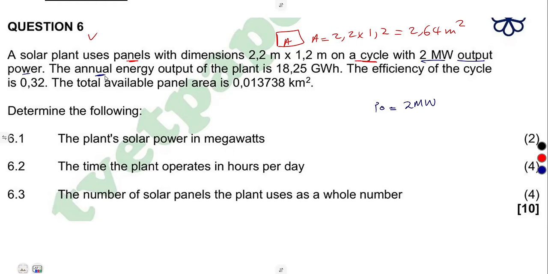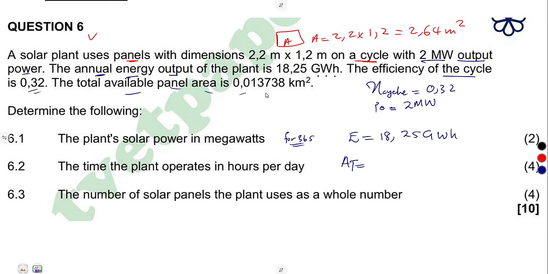The annual energy output of the plant is given in gigawatt hour, for 365 days. The annual is given as 18,25 gigawatt hour. The efficiency of the cycle is given. So remember, we've got the power for that cycle, and we also have the efficiency of the cycle of 0,32. The total available panel area,